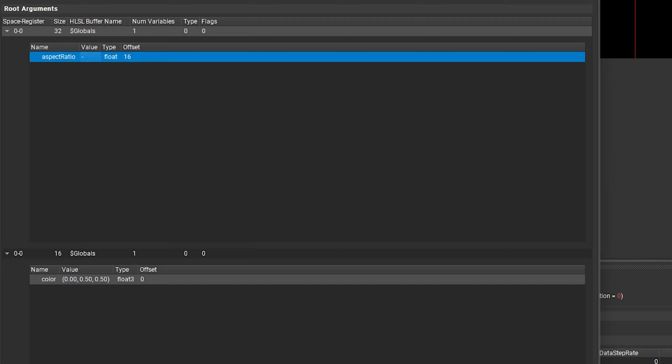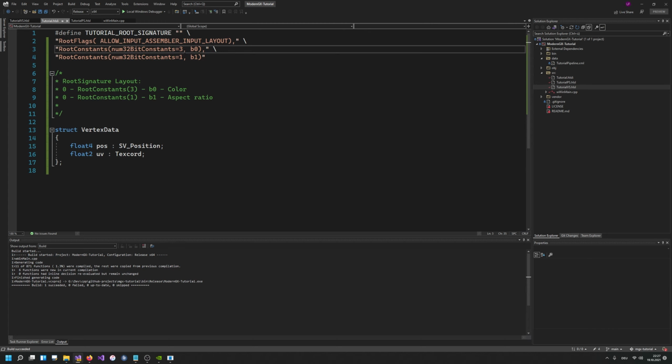But if we take a look at what we have defined in our root signature, you can see we have 3 values and then 1 value. So this is actually not aligned at 16 bytes. This is aligned at 12 bytes. And well, we need to fix it. How do we fix that? Put a 4 on there. Go back to debug and maybe kill that. And if I would start this now,